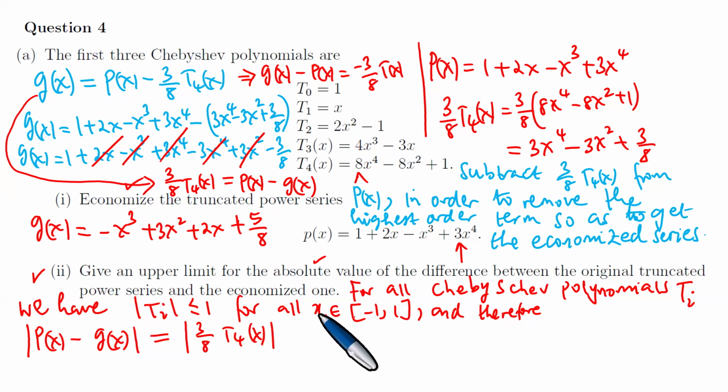But once again, for all Chebyshev polynomials T i, between minus 1 and 1, the modulus is less than or equal to 1. So this one is going to be less than or equal to 3 over 8, because this one is less than or equal to 1. And therefore now it remains to use a calculator